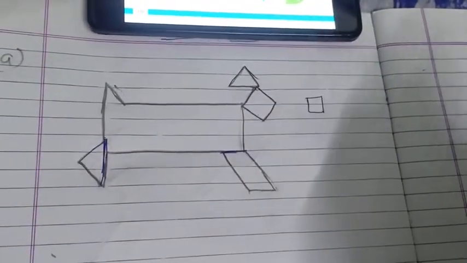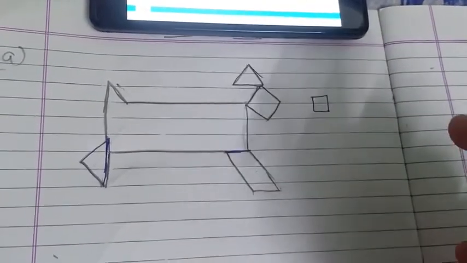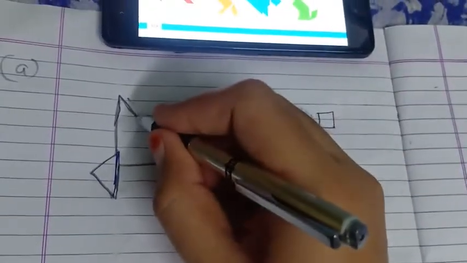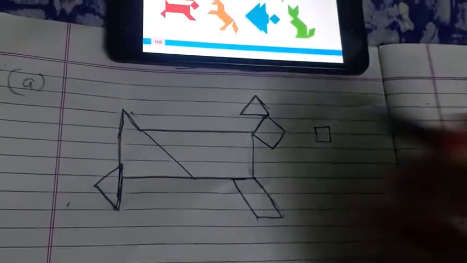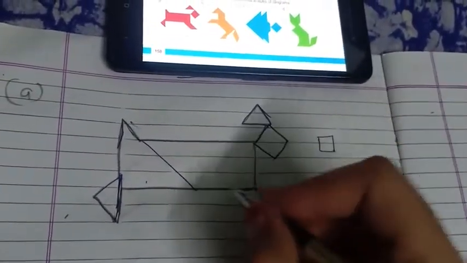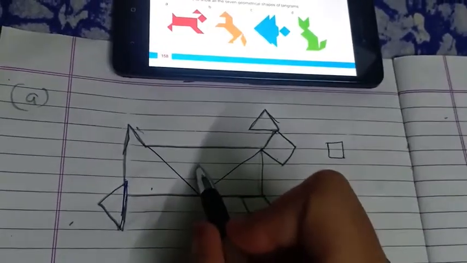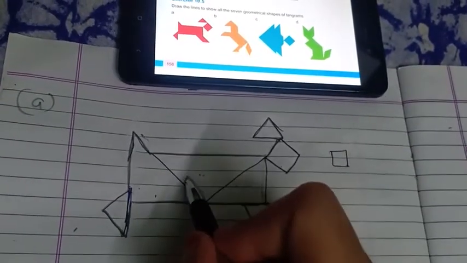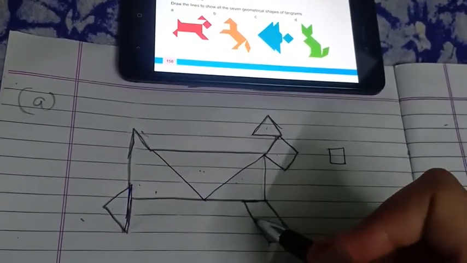Now three shapes are remaining, that is one medium triangle and two large triangles. But I am finding here one shape of a triangle, right? So I can draw one line over here, that will make one large triangle, right? Then I draw a second line, that will make a second large triangle, and the rest is the medium triangle. So two large triangles, one medium triangle, small triangles, square and the parallelogram.